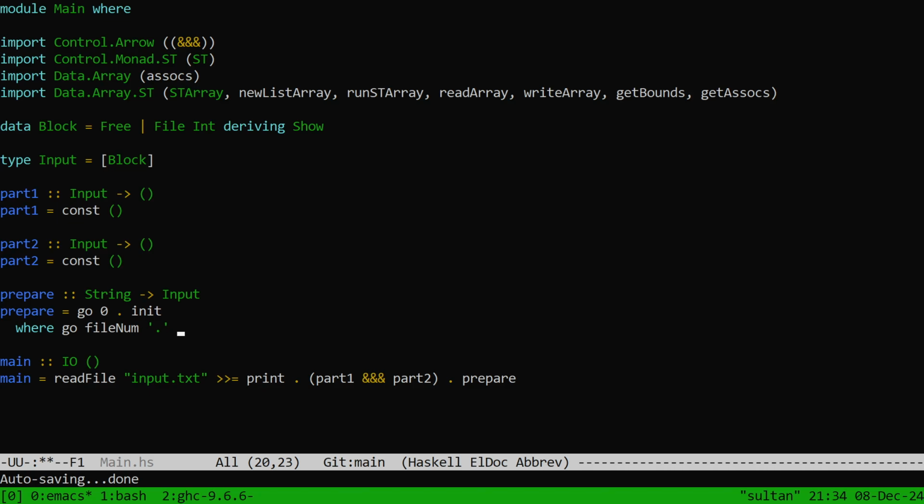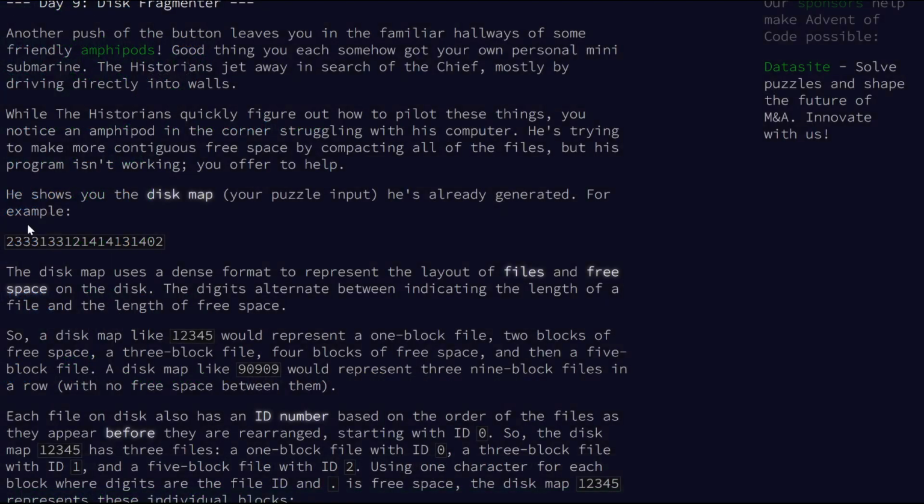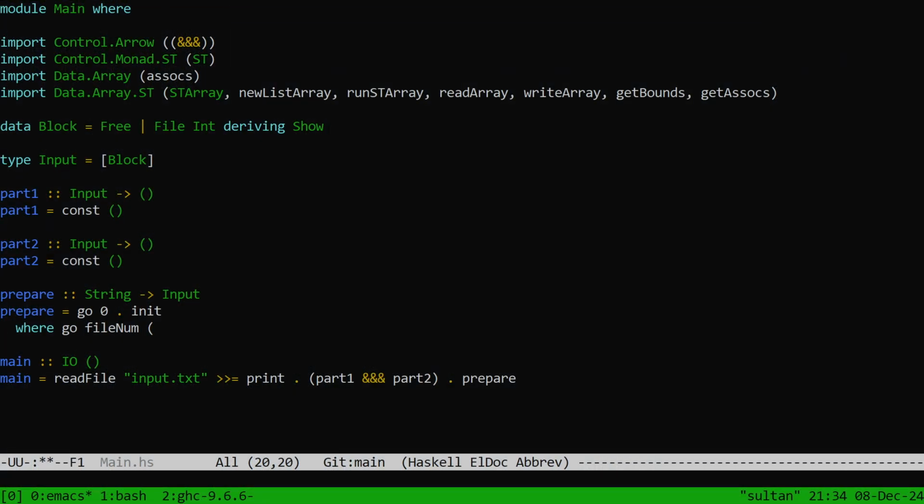So of course we don't have this. Oh, and also, I forgot, each of these files is actually an int representing, yeah, so we actually have to